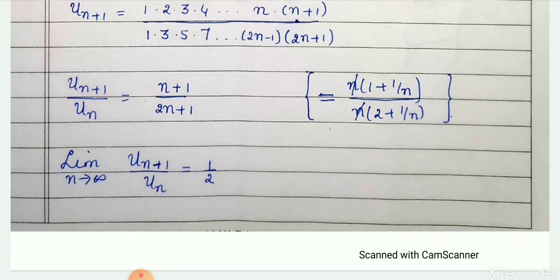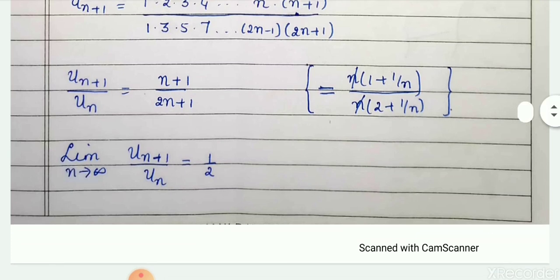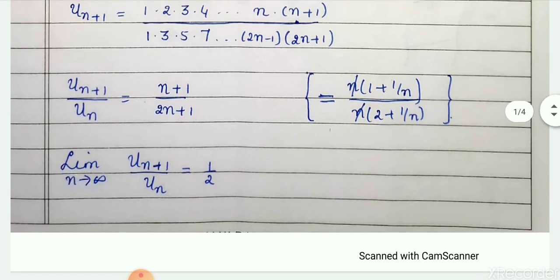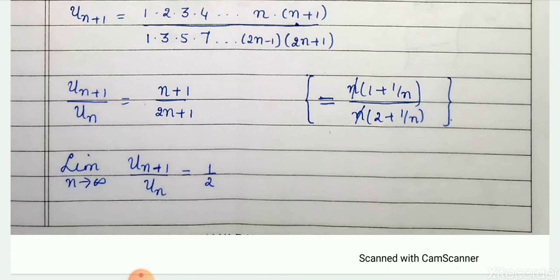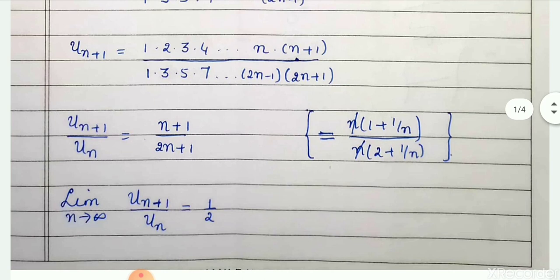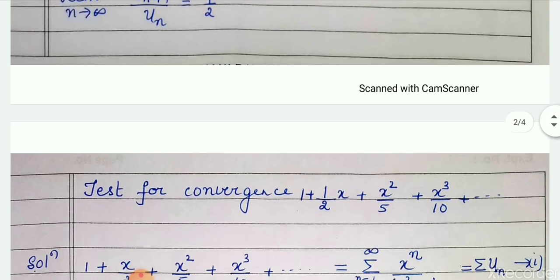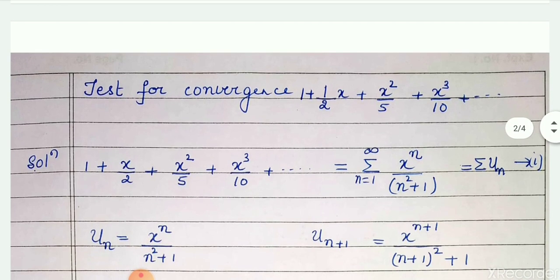Now we have applied the D'Alembert's ratio test. Comparison is with 1. So what do we say? The conclusion of this, I have not written the result. You have to conclude and write. This is less than 1. So by D'Alembert's ratio test, we say the positive term series sigma un converges. Now the next example,